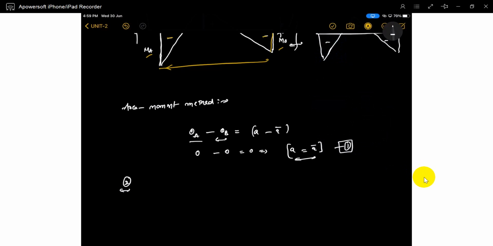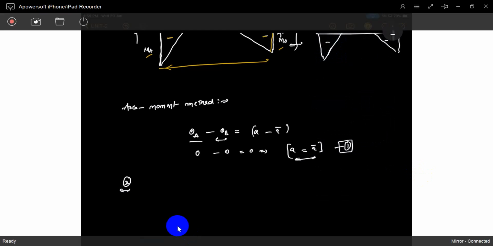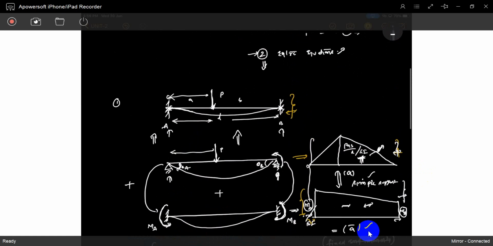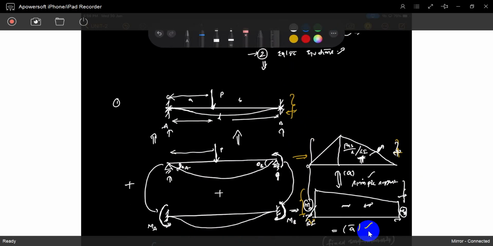So, is it audible? I think it's okay. So see this. Based on the second theorem, I will choose one point. I will choose point A. I want to find out the deflection at B. I know deflection at B is 0. Deflection at A is also 0. So I choose one point A, one point B, and I will draw a tangent. It will go through this point.